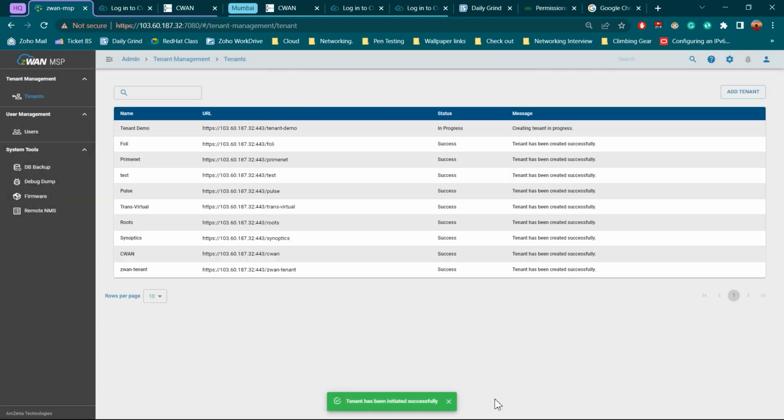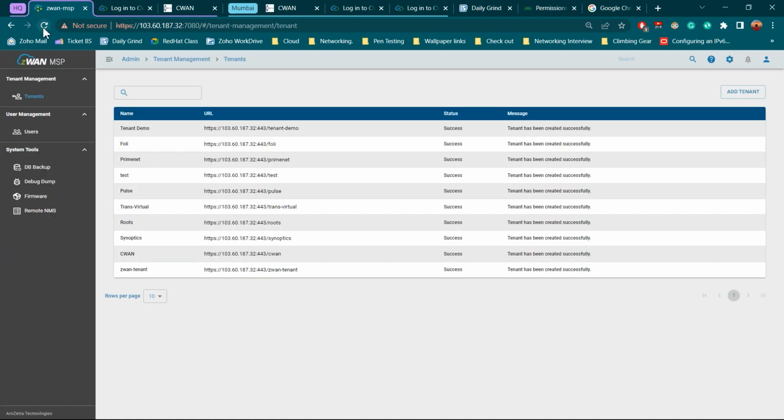We won't be needing that for now, and once you are done creating it, it will take a little bit of time when it will show that it is in progress. And as you can see, it also shows that 2 out of 3 of our processes are done. So we will give it a couple of minutes, and we can refresh meanwhile to see if it's done or not. As you can see now, the tenant has been created,